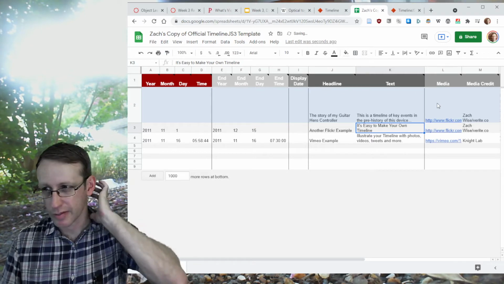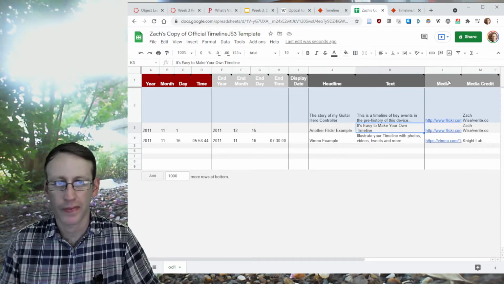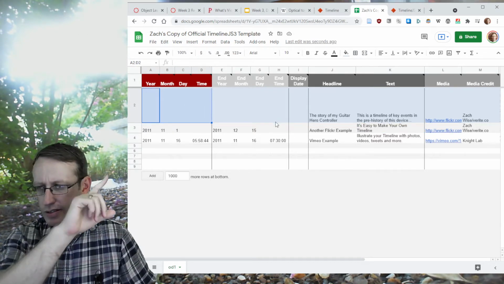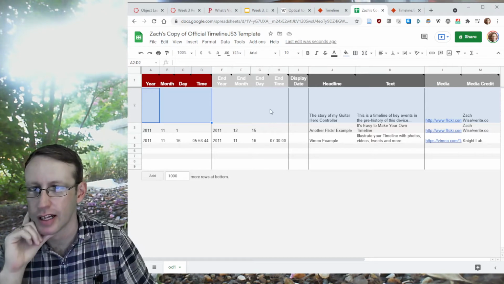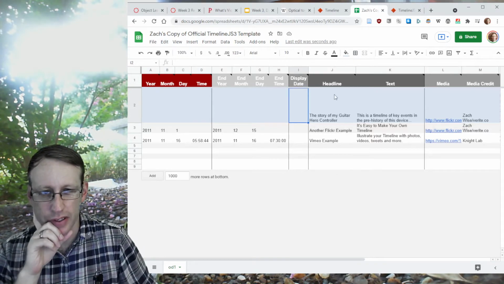Whatever else you'd like to say there, but make it a decent sentence to help introduce people, to help get people into it. But again, leave this part blank. Leave these first few columns with the date information empty for now,